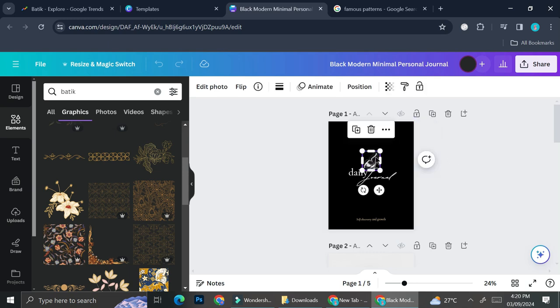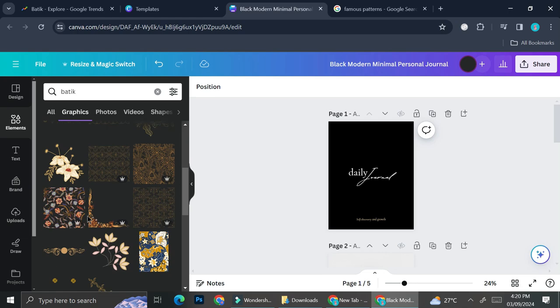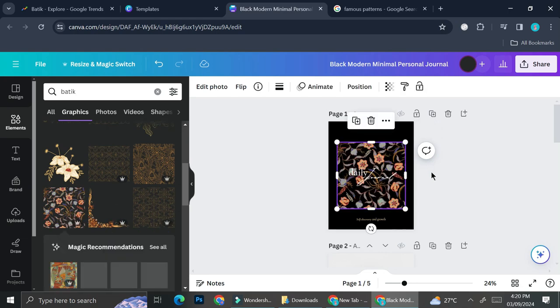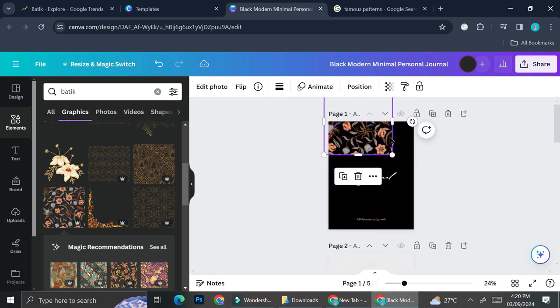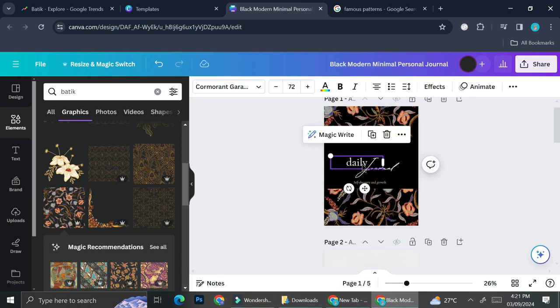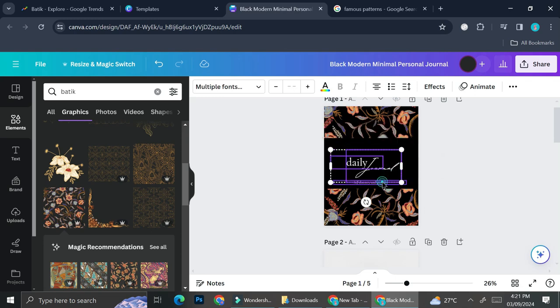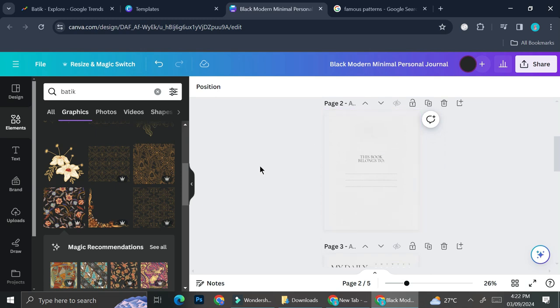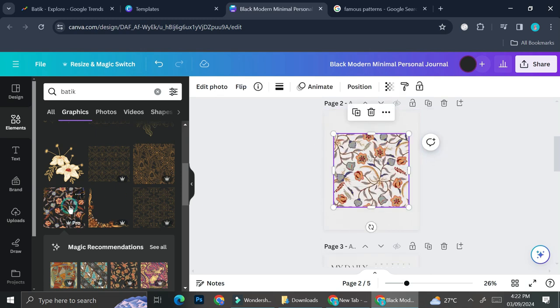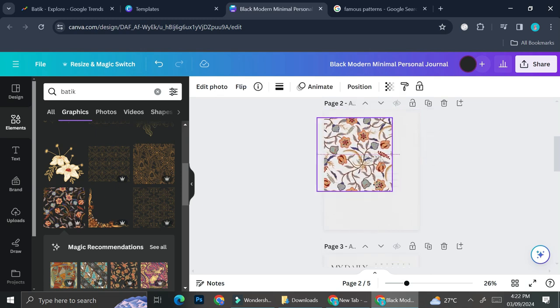So I'm just going to continue and design my journal. I kind of like this one, so I'm just going to use this as my daily journal pattern. Alright, so that's how it looks for now, and I'm just going to adjust it so that this text is going to be in the middle of my page. Okay, that looks good. And then maybe I'm going to also add this to my other page, but I'm going to